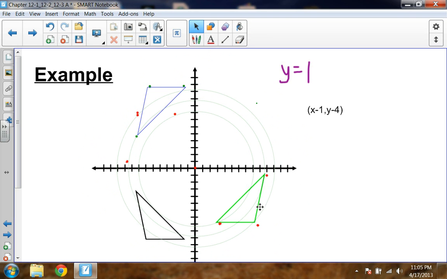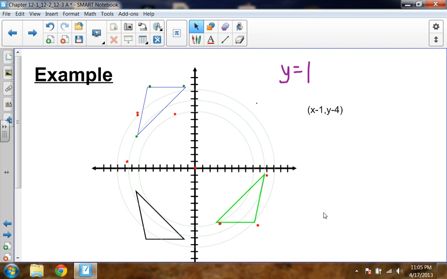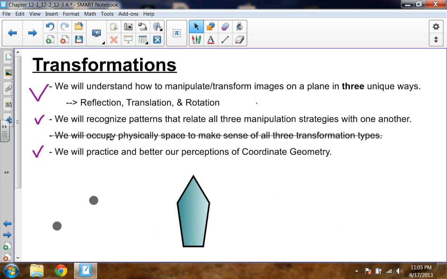So my final image was right here. My original image was here. We flipped it. Oh, I didn't clone it. That's okay. We flipped it. We translated it down here where these points are here, and then we rotated it. So they might ask you to do 3 things like that, for instance. And so you have a lot of things to do there. So make sure you keep that all in mind when you're working on these things. All right, so I fear I've run out of time. I hope you understood these objectives well enough, and you can